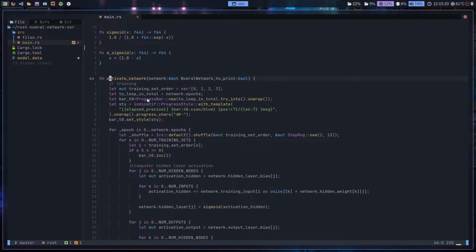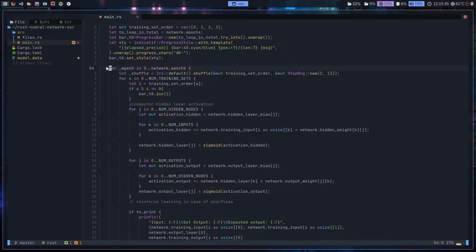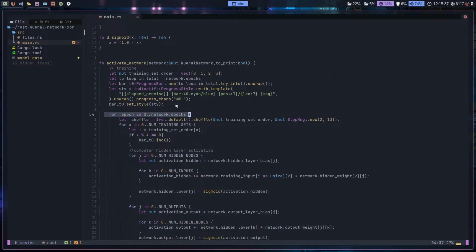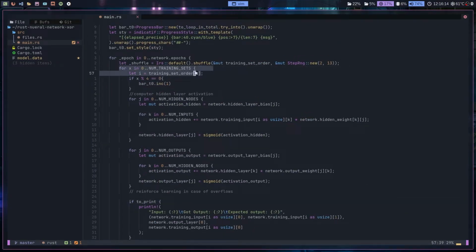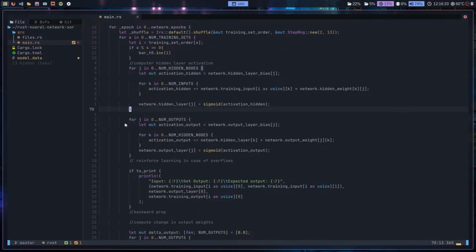Next, we have a function called activate network. This runs for the number of epochs we have set in our network. First, we loop over the number of training sets we have, and then we set i equal to the training sets number. Then we increment the bar to show the progress of how much our neural network has been trained. First, we use the activation function with the input layer and update the hidden layers. Next, we use the hidden layer as the input layer for the output function